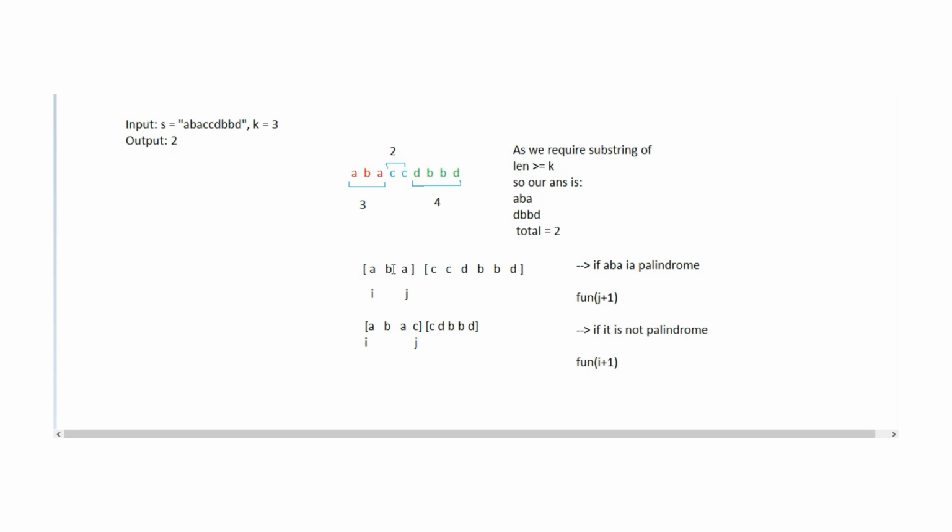So what we can do now is increment our counter and increment J as well, because now we need to check the further part of the string as well, whether that string is a palindrome or not. Since it is a palindrome, that's why I have incremented J, and we can see that here ABAC is now a new part and the remaining part is CDBBD. Now we check whether that ABAC is a palindrome or not.